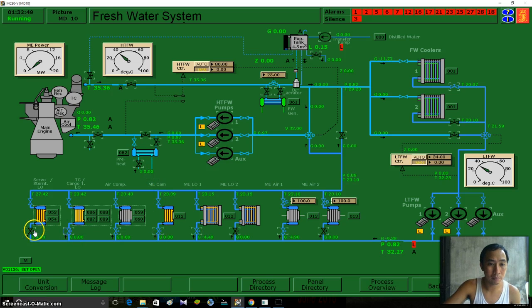So we're going to open this valve, the circulation, and we can start our low temperature freshwater pump. We're going to set it in auto and auto. We're going to put it in remote.